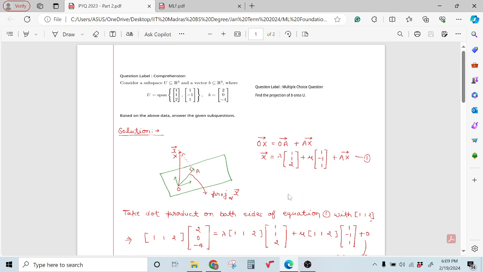Today we will discuss one PYQ question from Machine Learning Foundation, and this is a very important question from an exam point of view. So the question is,